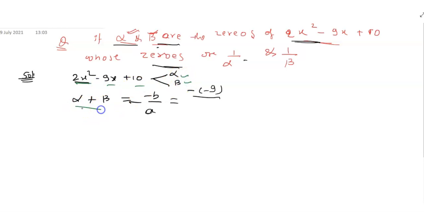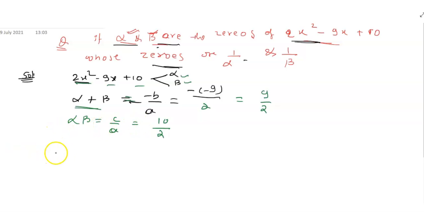And we know the sum of zeros is minus b upon a. This formula we know, minus b upon a. So here b value is minus 9, minus of minus 9 upon a, that is 2 we have. Here I will get 9 upon 2. And at the same time product of zeros we know that is c upon a. Here I know the value of c is 10, value of a is 2. So product of zeros is